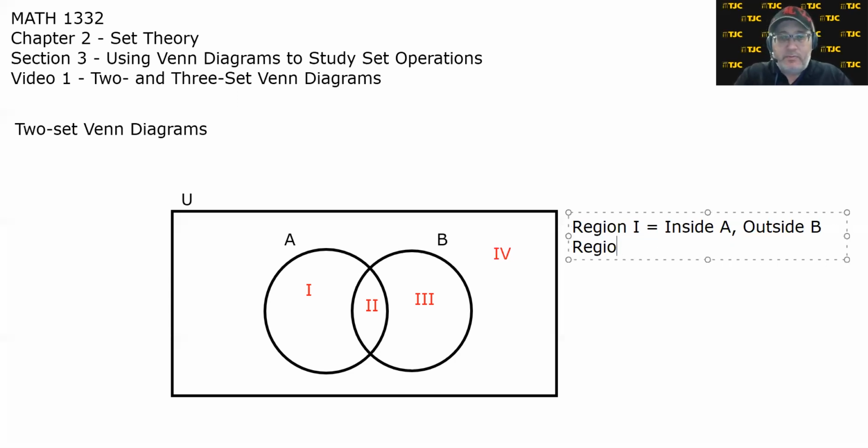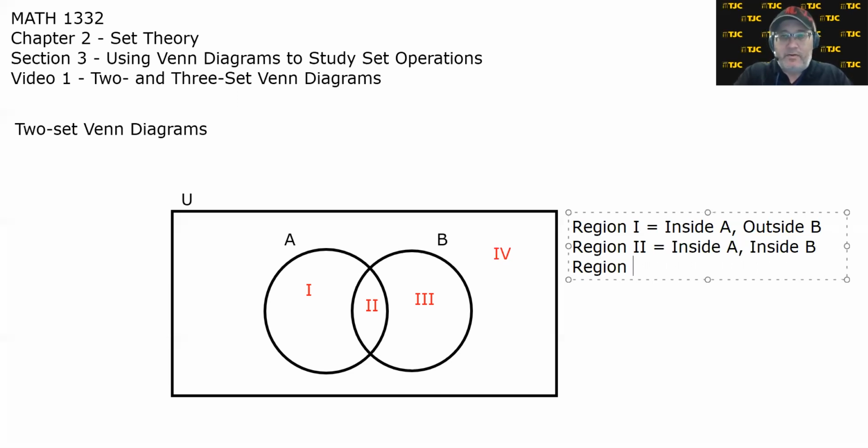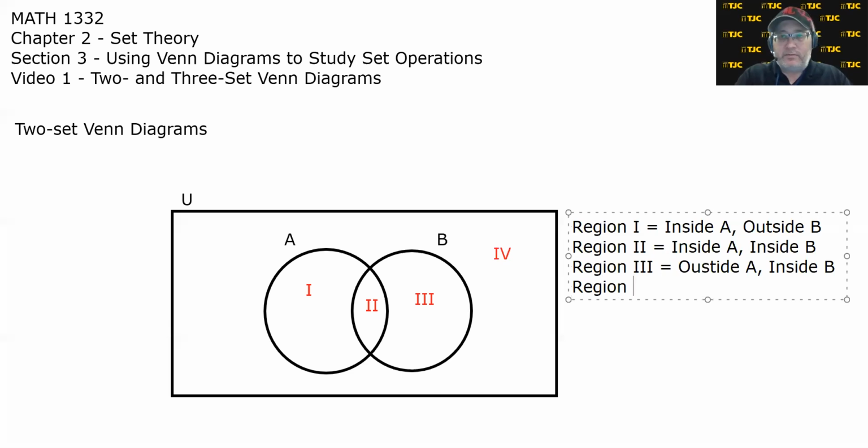Region 2 is always going to be inside A and inside B. Region 3 is always going to be outside A and inside B. And region 4 is always going to be outside A and outside B. Now, just as a side note, you could also define these regions specifically in terms of intersections